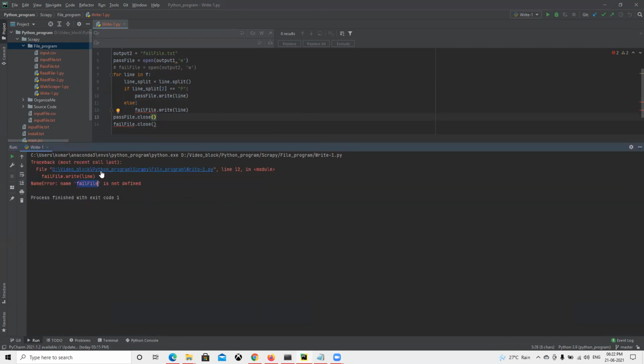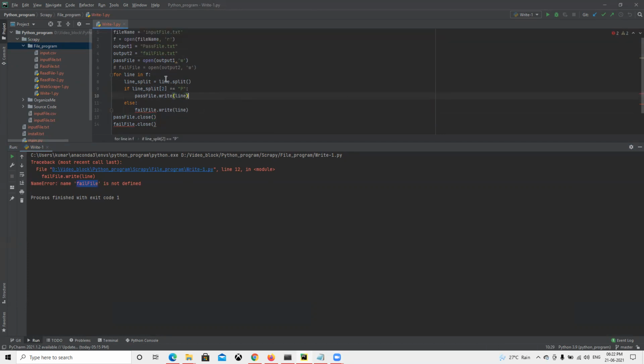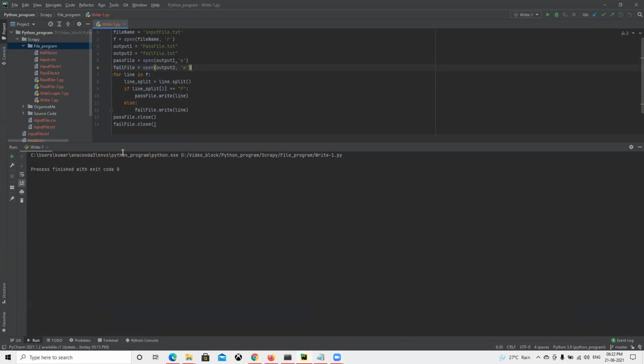Fail file is not defined. Fail file output to fail.txt. Okay, see, here I made that mistake. I forgot to comment out this one, where I had not done the output. Now if we go and run this one, it worked correctly.